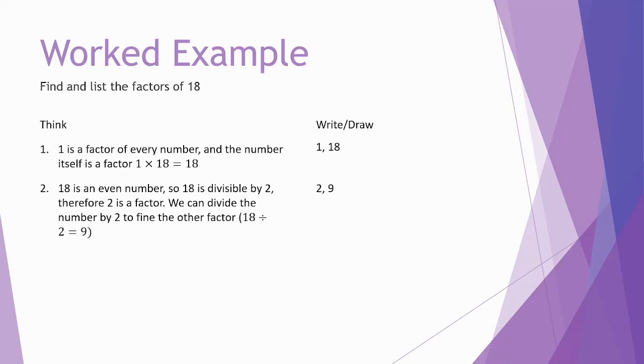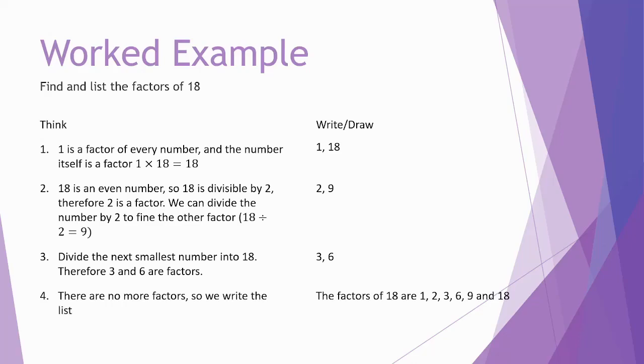And I know that 9 is the second number of that factor pair. And finally, I can divide the next smallest number into 18, which is 3. And I find its pair, which is 6, because 3 times 6 is 18. I keep doing this until I start repeating factors that I've already found. As there are no more factors for 18, I just write down the factors of 18 are 1, 2, 3,